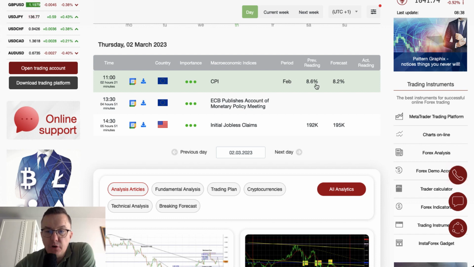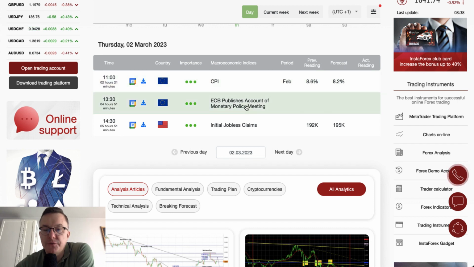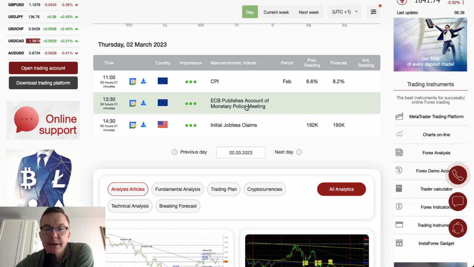The previous reading was 0.6%, the forecast is 0.2%, so the market participants expect the consumer price index to decrease 0.4%. So the actual reading will be very important for all of you euro traders, especially for the euro dollar pair. The other very important event today is the publishing of the monetary policy meeting minutes by the ECB, European Central Bank, at